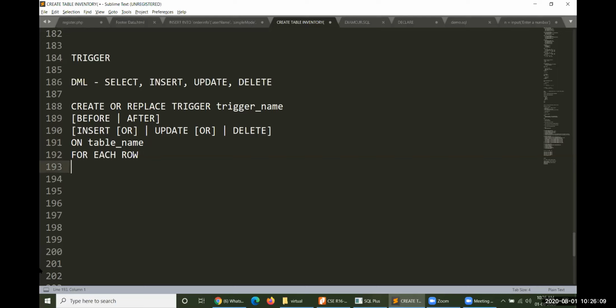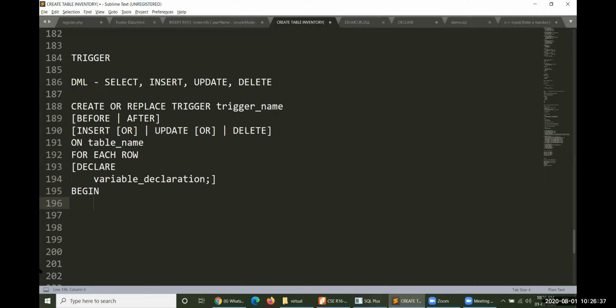Then if you have any declarations, variable declarations will be taken by you. If you don't have any declarations, omit it. There is no problem. But it must be begin, B-E-G-I-N, begin.